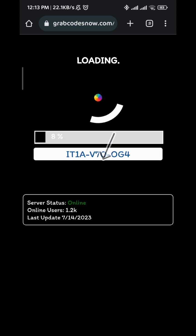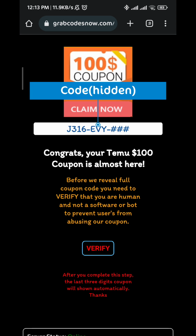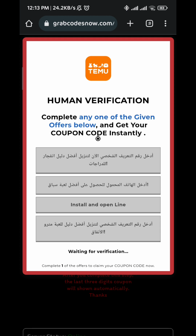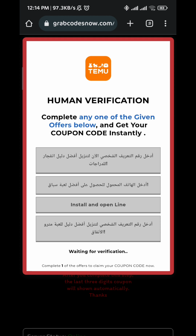Tap on claim now, wait for a couple of seconds. They will give you the code, but it's going to be hidden right there. Tap on verify to unlock it. So from there you should complete an offer or a survey, and once you're done, the code will be unlocked and you can copy it and go back to your Temu app just like that